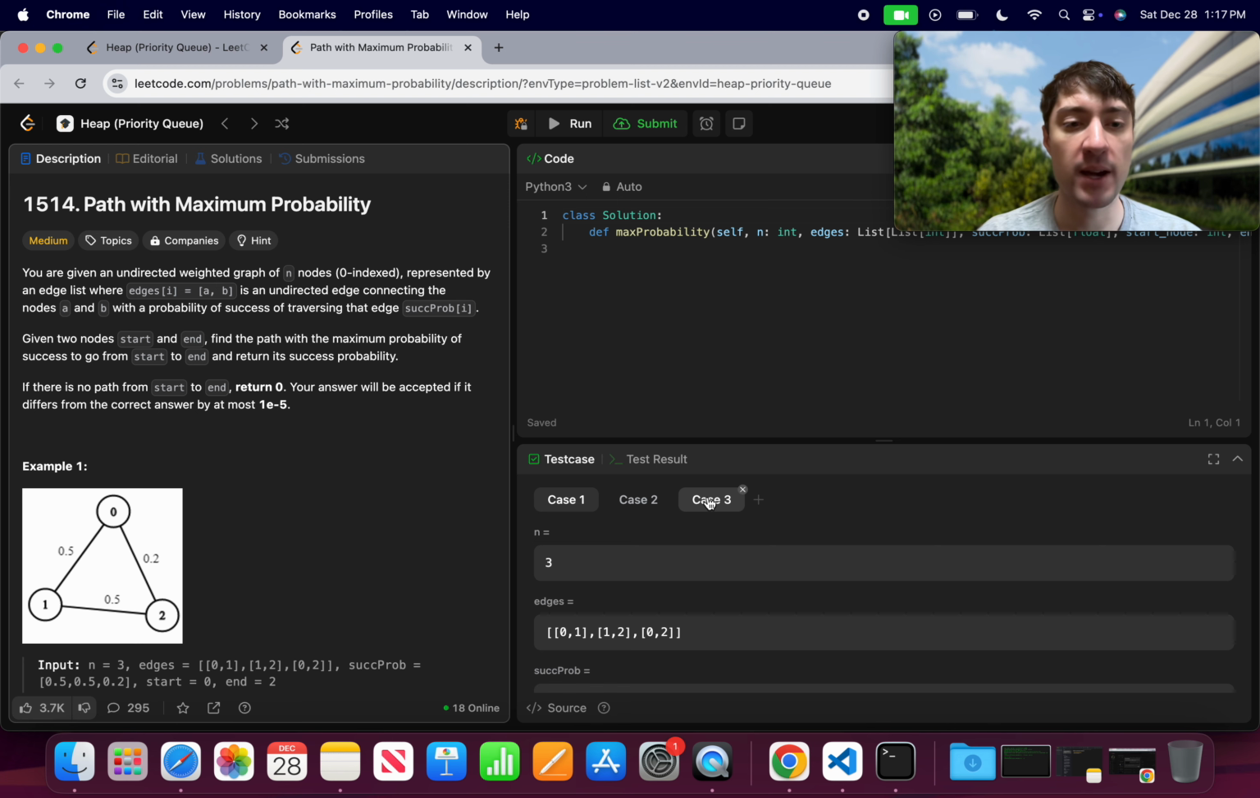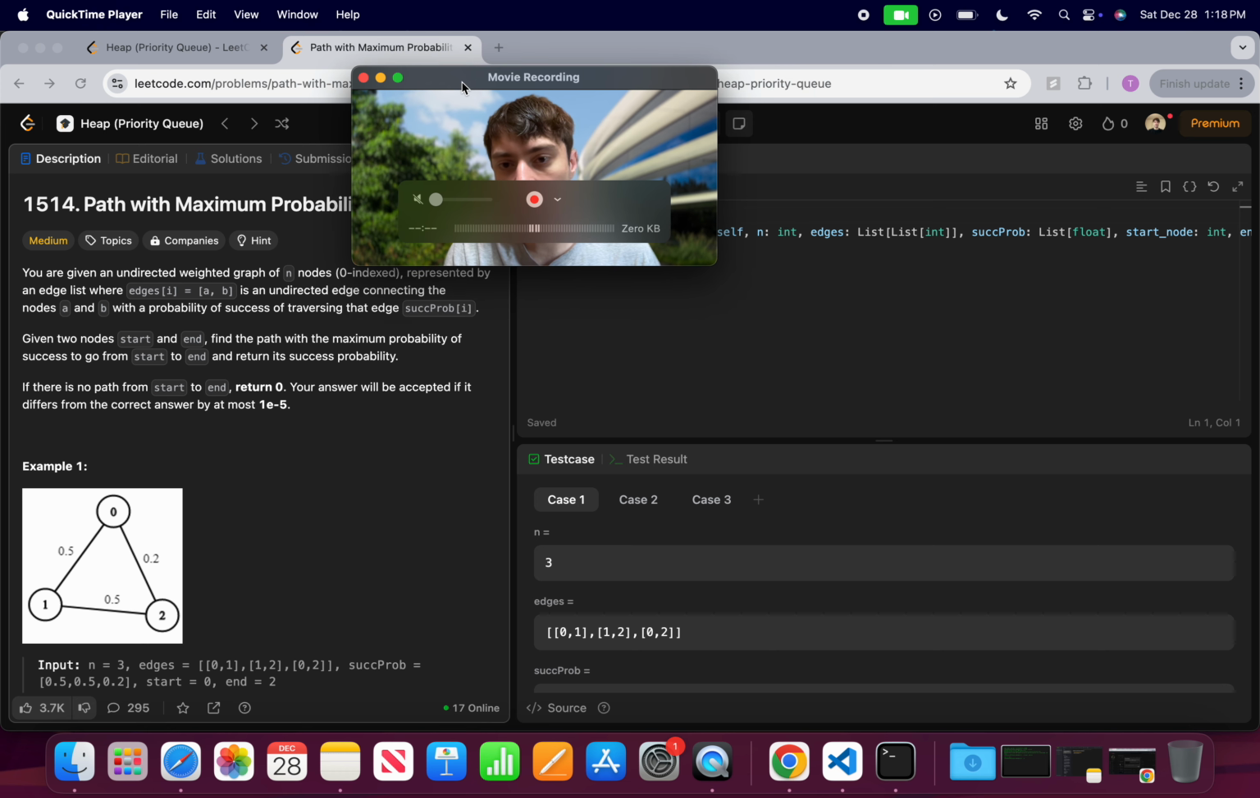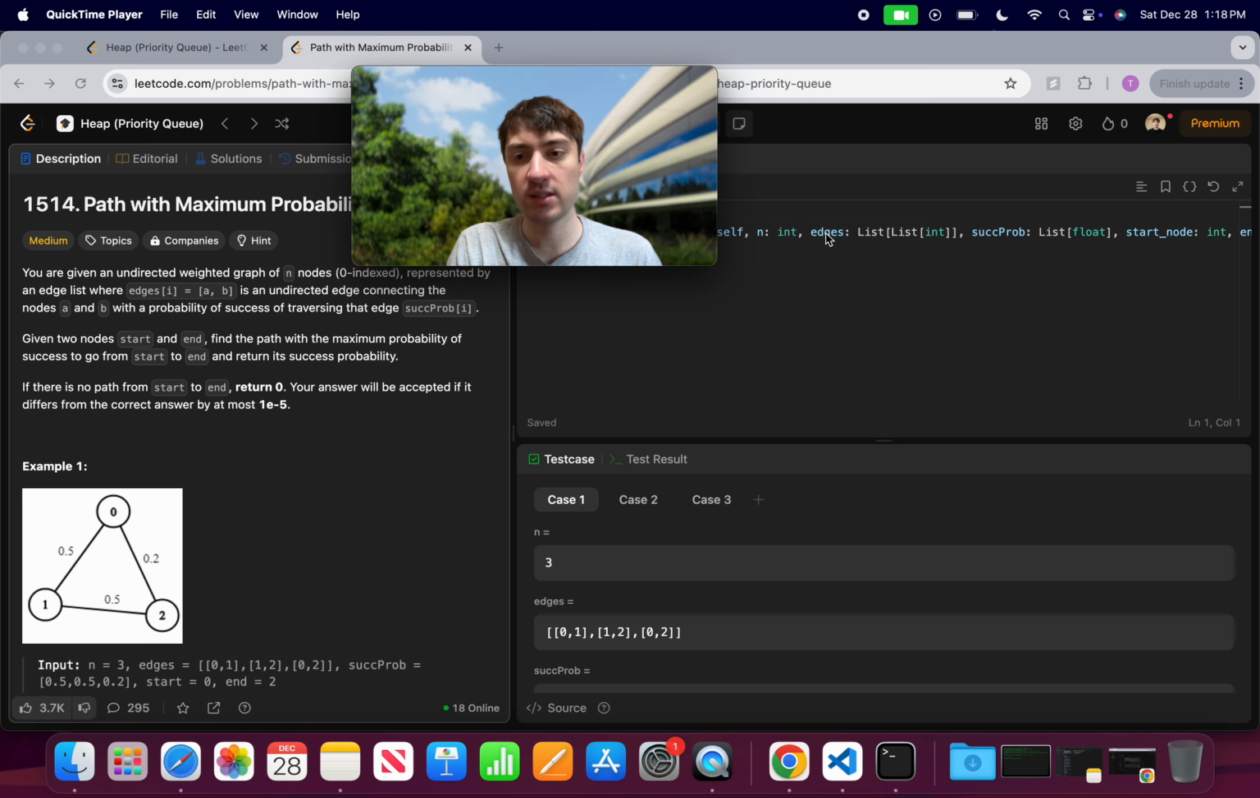1514. Path with maximum probability. You are given an undirected weighted graph of n nodes, zero indexed, represented by an edge list where edges[i] = [a, b] is an undirected edge connecting nodes a and b with a probability of success of traversing that edge, succProb[i]. So there are two lists: this edge list and this success probability list. There's a lot of